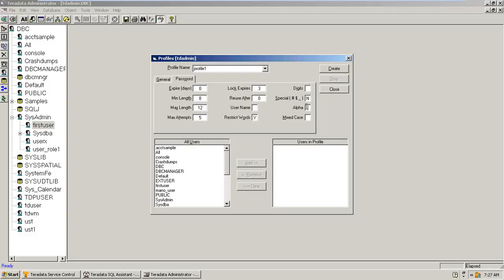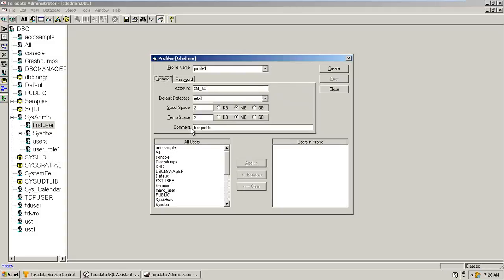And alphabets. If you should have at least a single alphabet, you can use alphabet. Mixed case. If mixed case is allowed, you can have a mixed case. Like this. Now, if we set this many restrictions, it will be difficult. Let us see. We have set all the parameters for passwords and the general parameters, and now